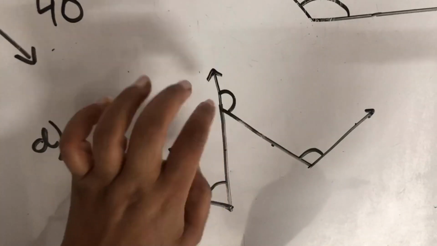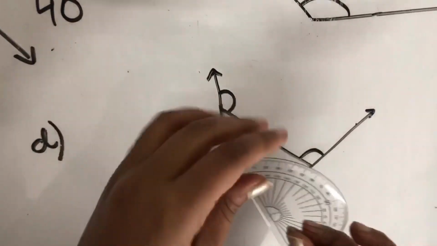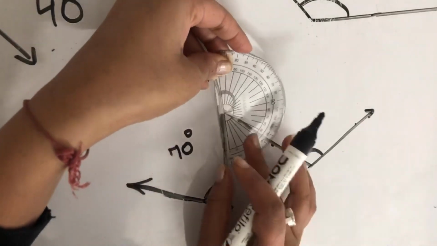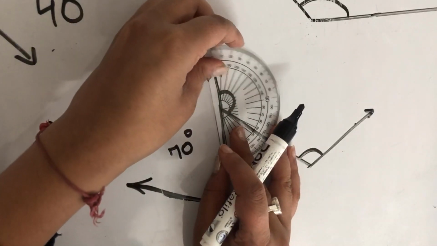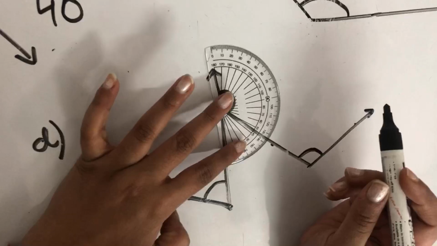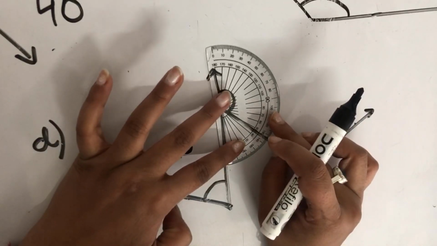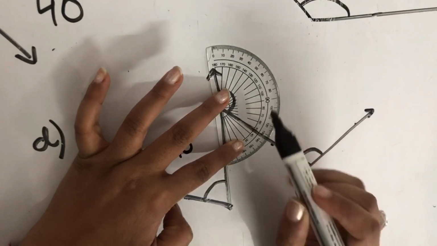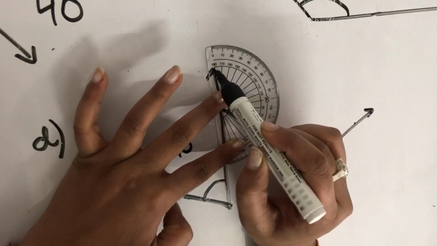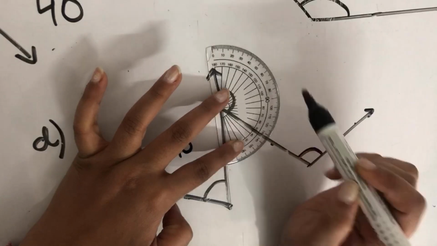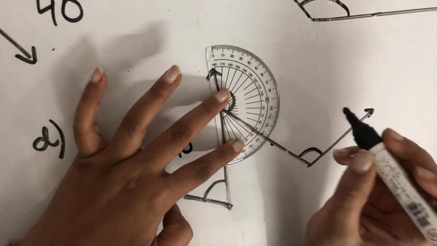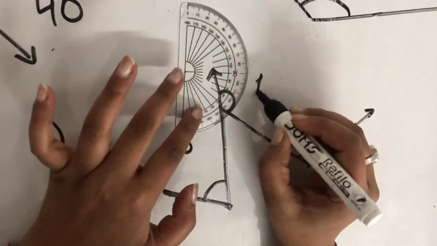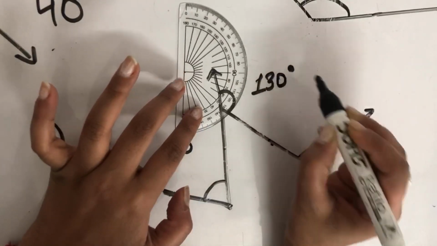This angle. Now on this arm we will keep this intersecting point. You have to keep it on this vertex. Vertex, placed. Now see with which arm it is coinciding. This is 130 degree. Again this arm is on left hand side, this arrow is on left hand side, meaning you have to measure from outer circle. So on the outer circle this point, this angle is 130 degree.